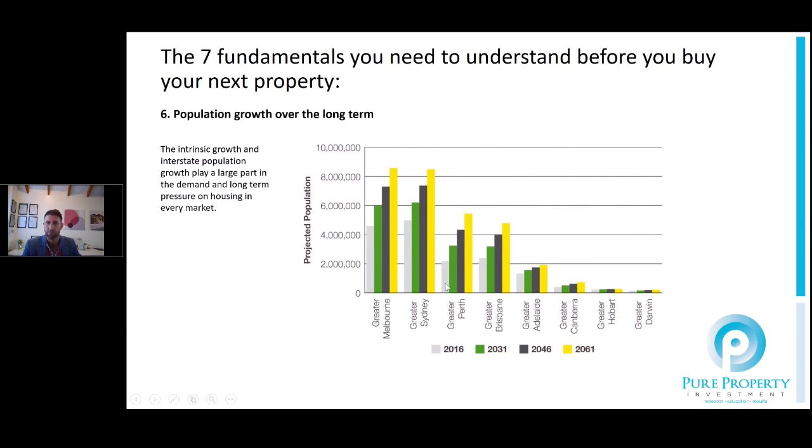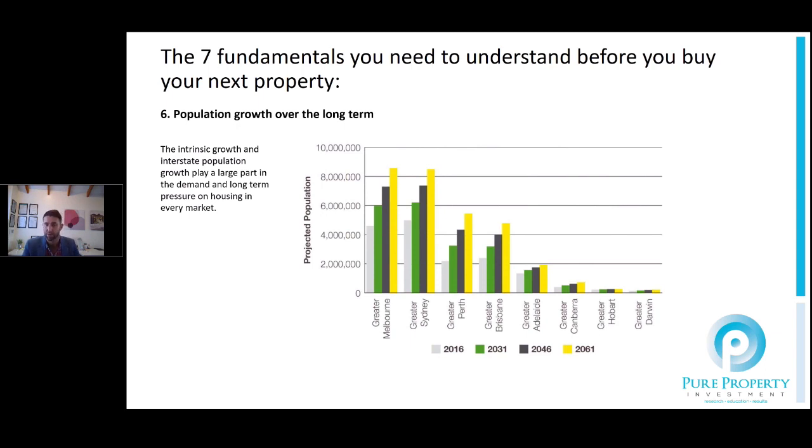Additionally, Perth and Brisbane both look very good also, and we're seeing good steady population growth projections in each of those markets. Now, Perth, I think, still has a soft couple of years ahead of it, but over the long term, fundamentally, they've got a lot going on there, and they still need to factor in the transition from the mining sector into more essential services and general economy sectors to keep that population growth going.